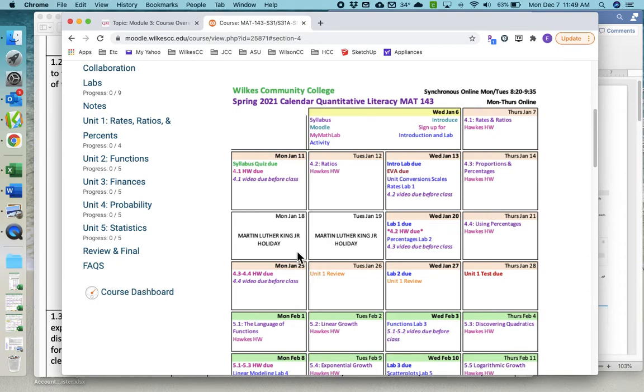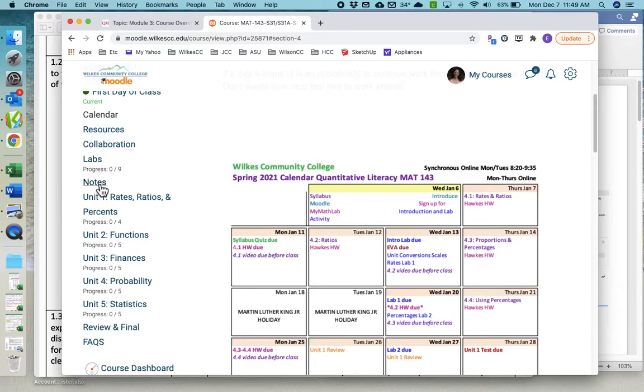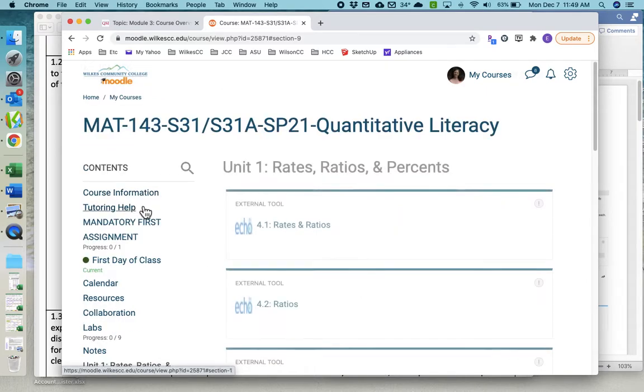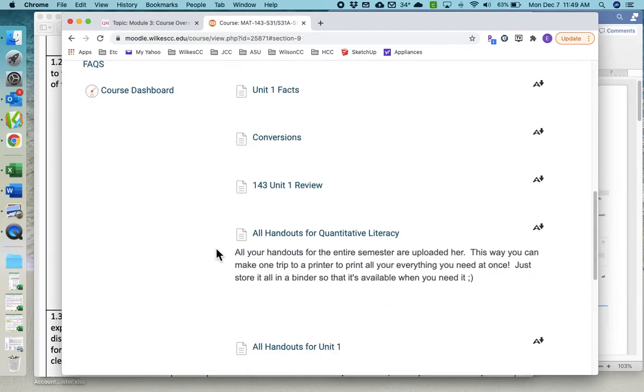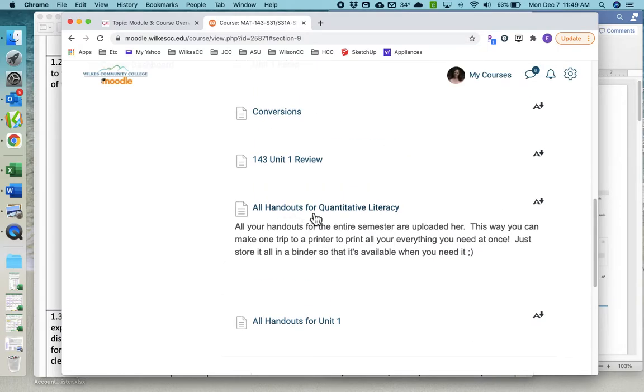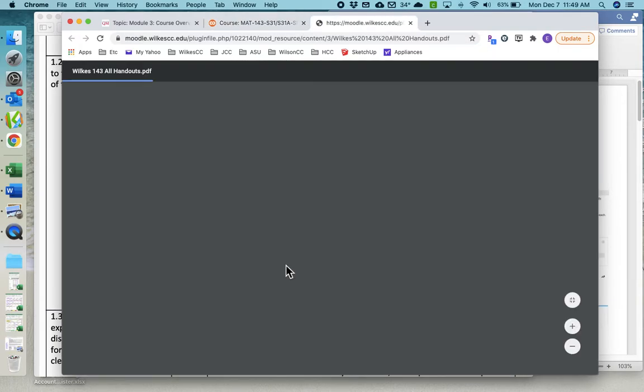So even though we've got two platforms, we've got labs, which are in Moodle, and the homework, which is in Hawks, they don't have to look in two separate places for due dates. Everything is right here. And the notes that I print out, just so I'll show you here, they get this